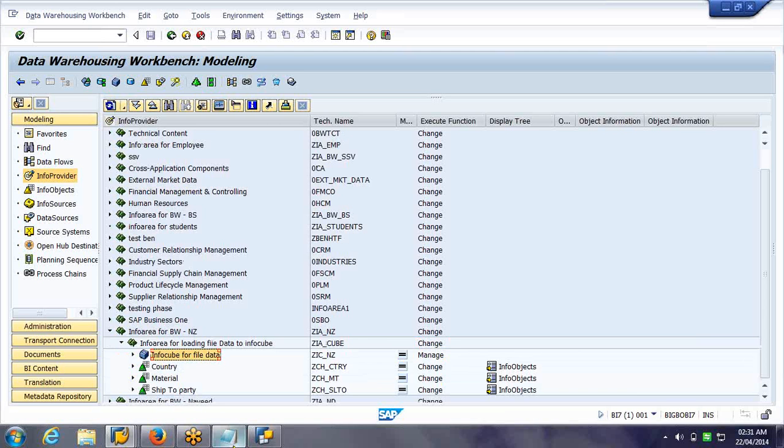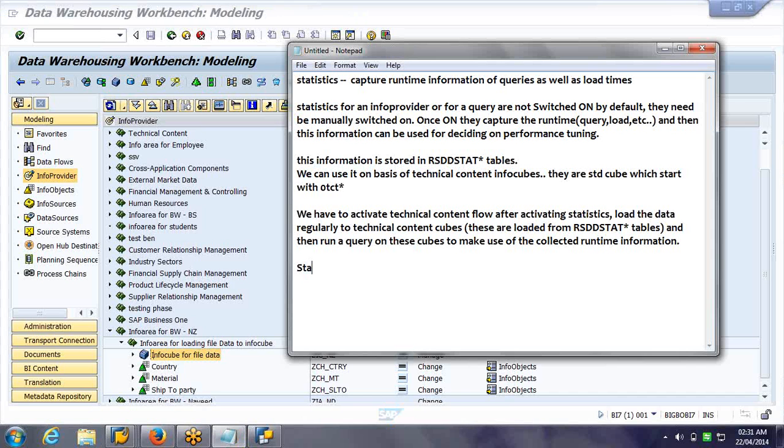If statistics are not maintained in production, the database access time required while query execution will be longer. Hence, SAP suggests